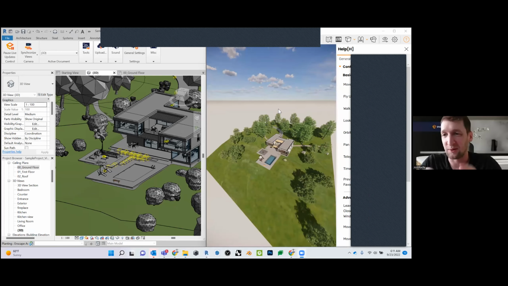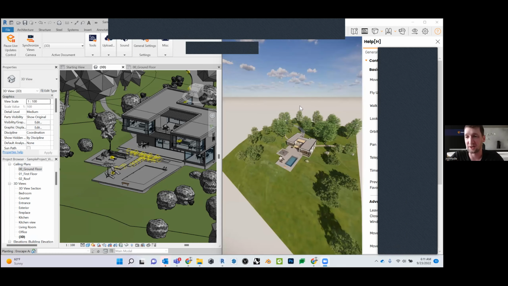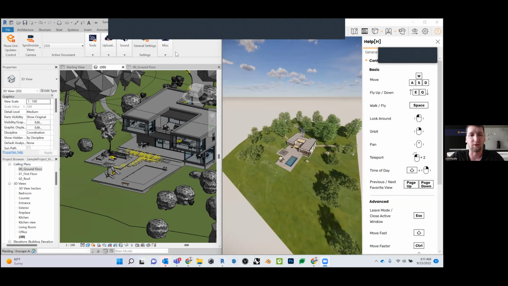So, like we said in the video, we can see a little bit about what Enscape is. What we're going to do is dive into some of the 16 features that Grace has told us about. So let's start with the user interface. Enscape is a plugin. Once you install it, it sits on top of your ribbon, and up top here we can see the Revit plugin. To get a model from Revit inside of Enscape, all you have to do is hit the play button. That takes everything inside the Revit window and pushes it over